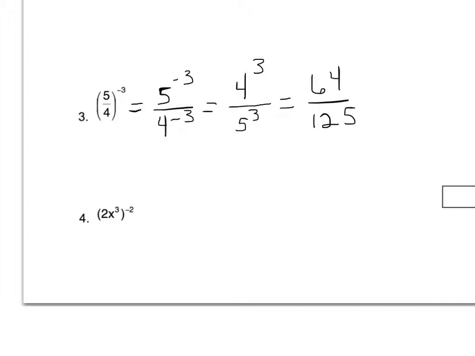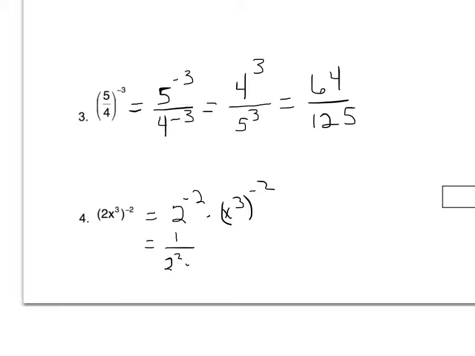The last example we have, be careful about this one, because remember how I warned you, if you have a constant along with a variable in a parentheses, don't forget the constant gets raised to the exponent as well. So this would equal 2 to the negative 2 power times x to the third raised to the negative 2 power. Now, if we clean this up, that 2 to the negative 2 power will become 1 over 2 to the second